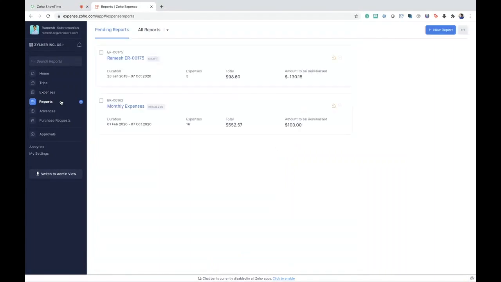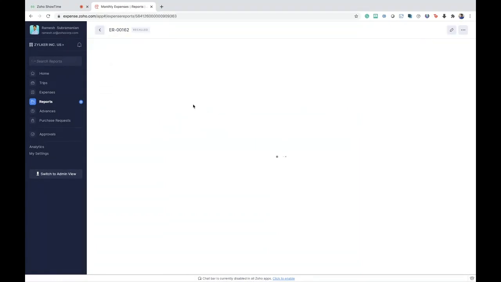And basically in the application, once you create the expenses, you would have to submit them for approval. In terms of submitting these expenses for approval, you would have to add all these expenses into an expense report, and the report would be submitted for approval in turn. So your expense report will look something like this, with all the expenses included in it. And